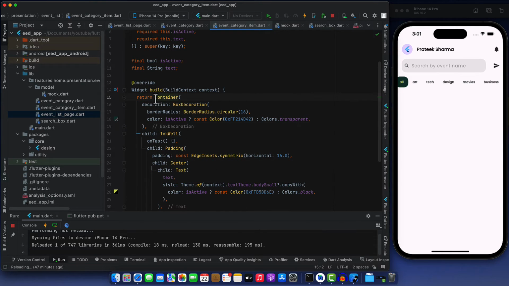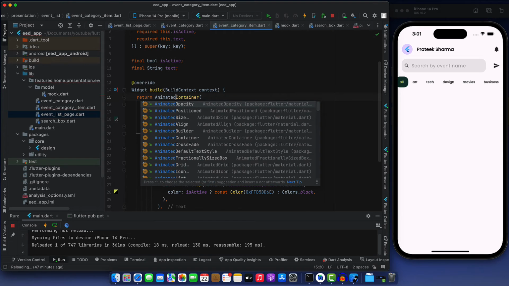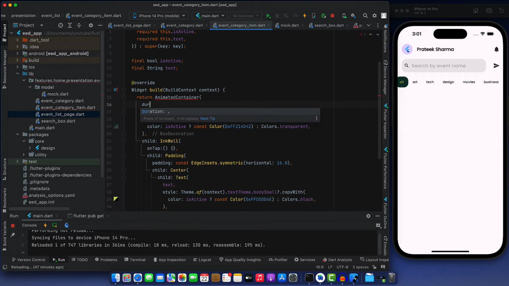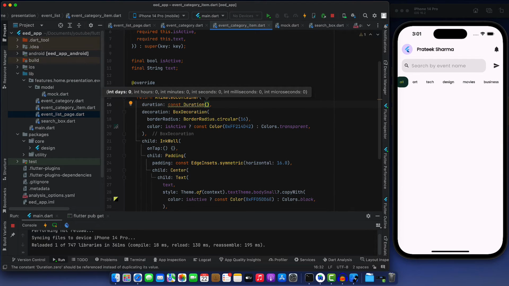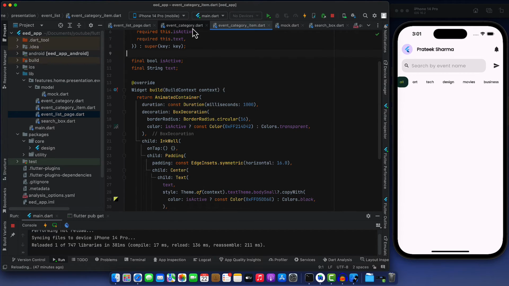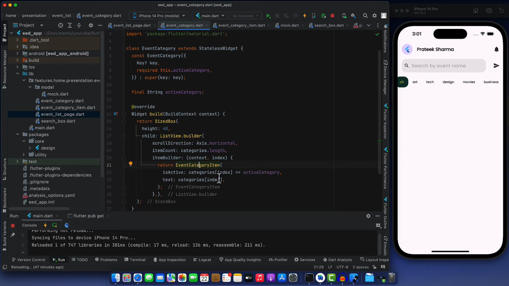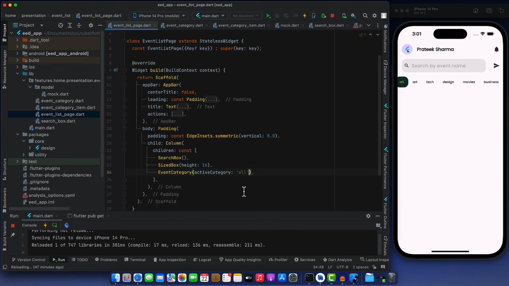Okay, let's do one more thing. Animated container. Let's use animated container and add a duration to it, and I will show you the power of implicit animations. Basically, I will just add 1000 here, and now I will just reload it. In my event category, when I change my active category, in my event list page, when I change my active category to art and I just reload, you see the switching has happened with the help of animation, and this